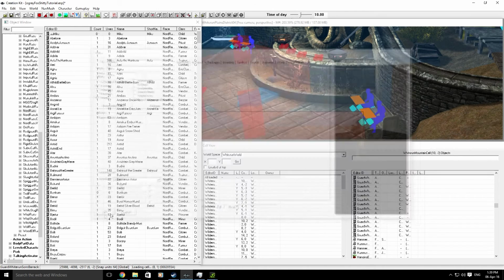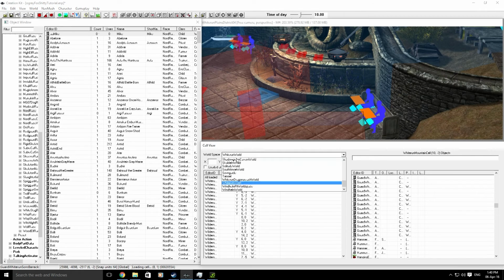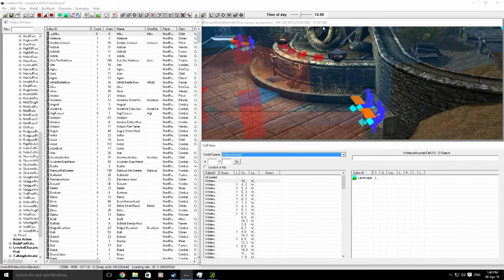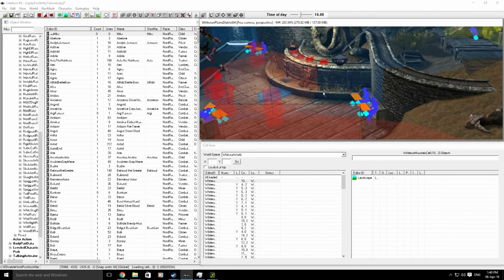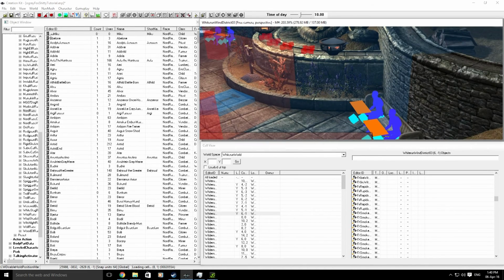So we've got Mike here, and now we want to place him in the game so he appears. So in order to do that, go to any cell you want. We're going to put him in Whiterun, so we'll go to Whiterun World and click on anything here, and then find the place in the render window where you want to place him. So we're going to put him next to the statue of Talos. So let's drag Mike in and put him on the floor,